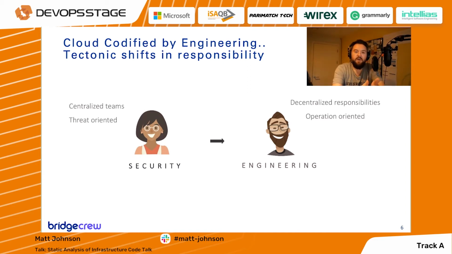So if a developer's having an issue, they might solve that by provisioning their own extra bucket or their own extra queue or their own extra cloud service to move forward and carry on development of that feature or project. So we're moving away from security team approved infrastructure more towards decentralized responsibilities where engineering are responsible for the infrastructure and therefore the security of any infrastructure changes